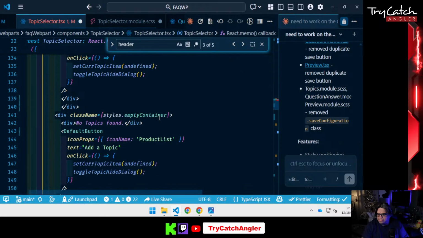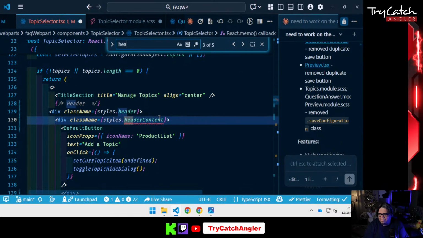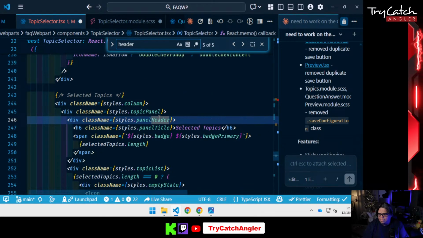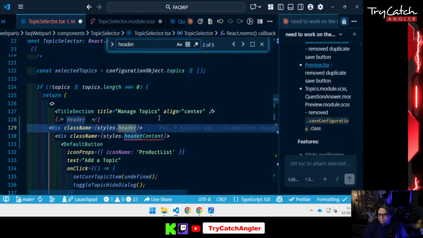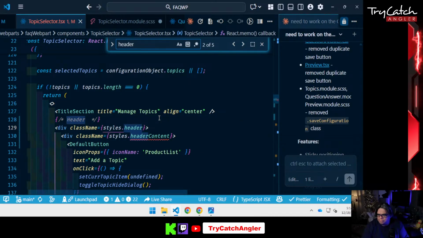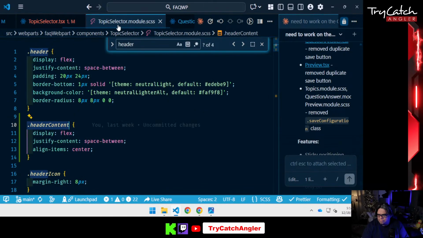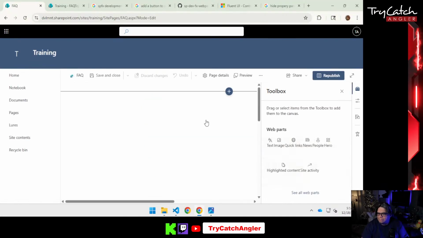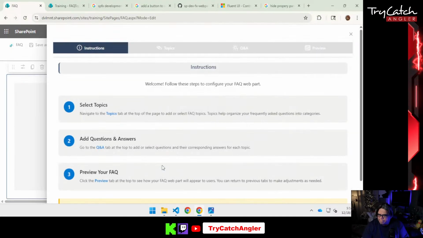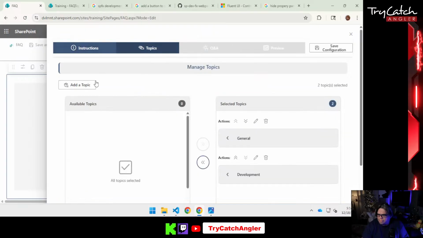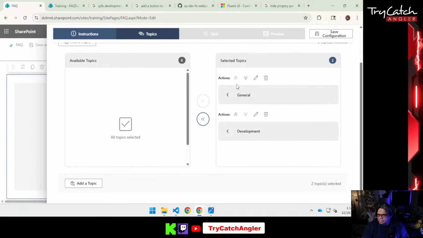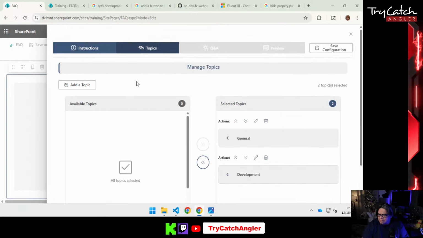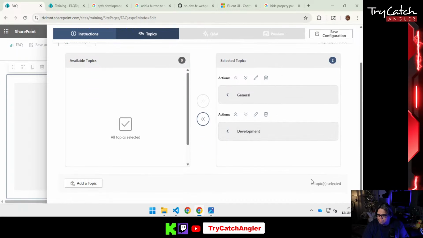Header content. Where's header on here? Apparently there's another one, channel header. What that looks like. Go to configure. You can see that it looks like the header is missing a little bit of